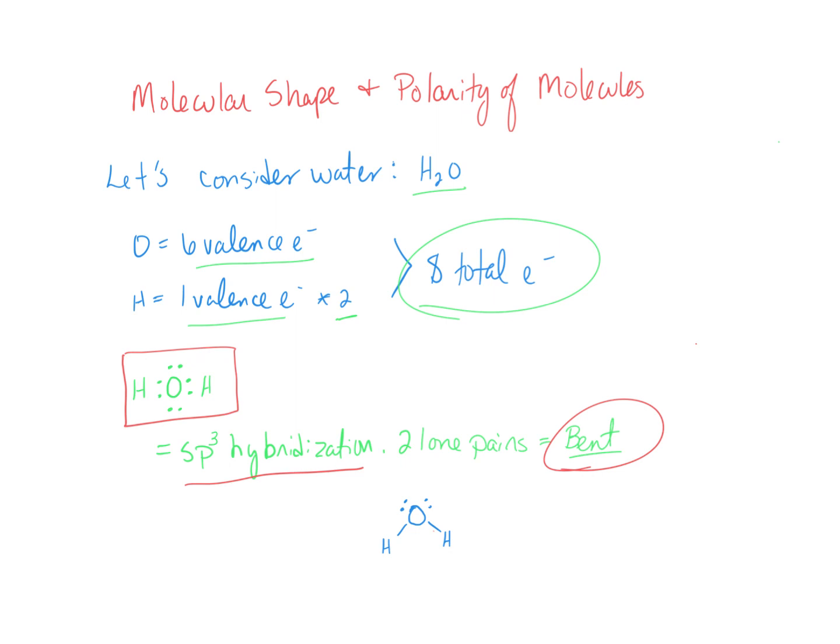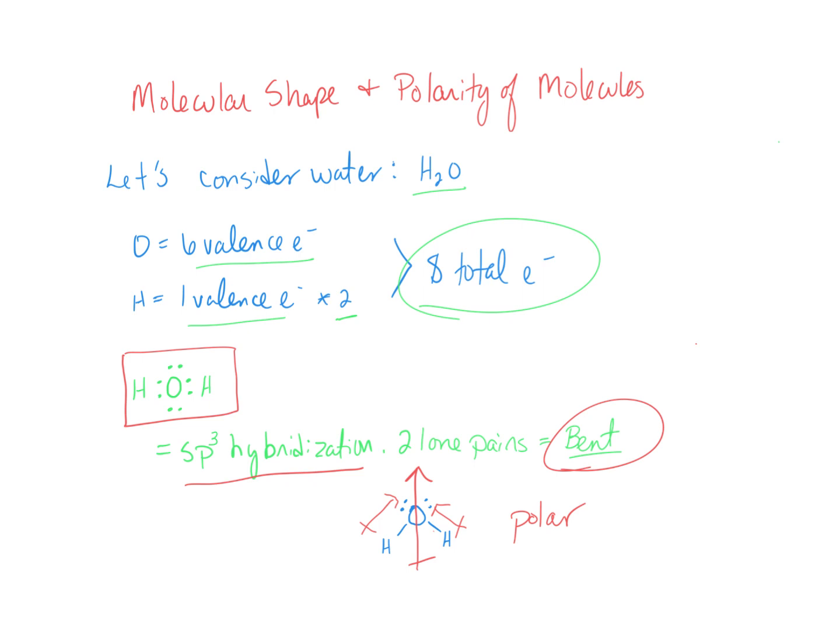So here's why, okay? Since we have a bent arrangement, electrons are being pulled towards that oxygen from this direction and towards that oxygen from this direction. So we have a polarity going towards the oxygen, and it's not linear, it's at an angle, which means that the overall polarity of this molecule goes in that direction, okay? It has some directionality to it, which means that this is a very polar